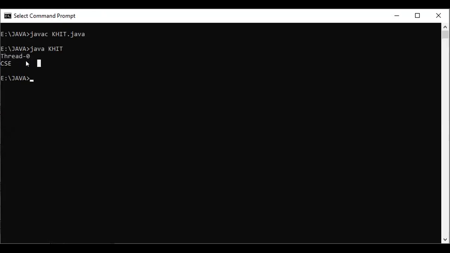The starting thread name given by the compiler always has 0, and for later threads the numbers go 1, 2 like that. But here the second thread is created and the name given to that thread is CSC. Got it? So this is the case.